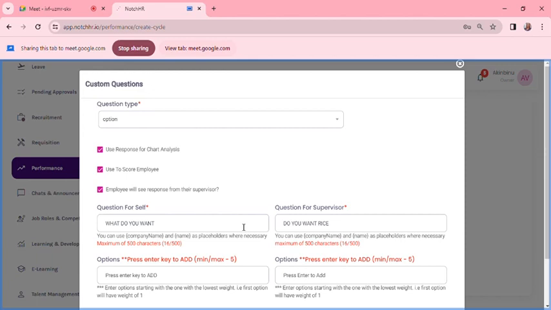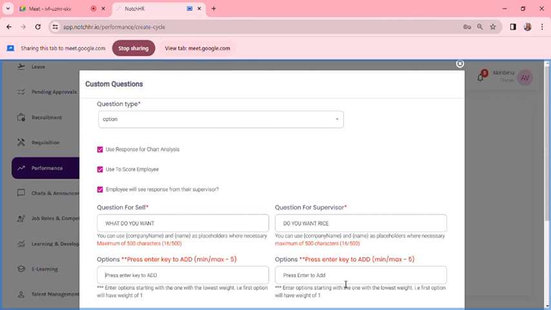Okay, so after that, you input your option. What's the first option? A, what do you want? Yam, you enter. B, rice, enter. Beans, enter. Bread, enter. So please note the maximum options is 5. Noodles,